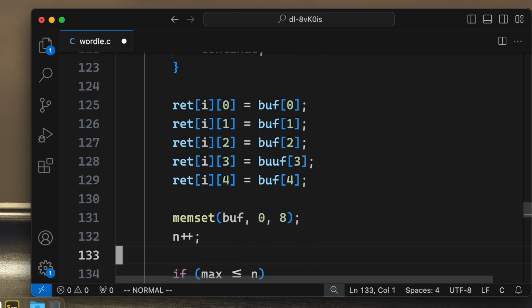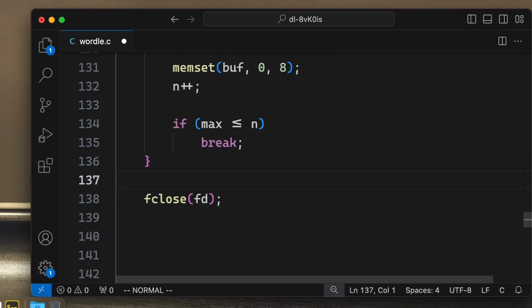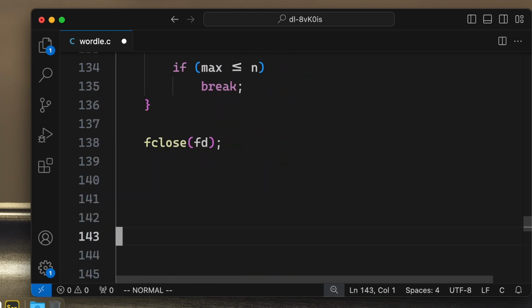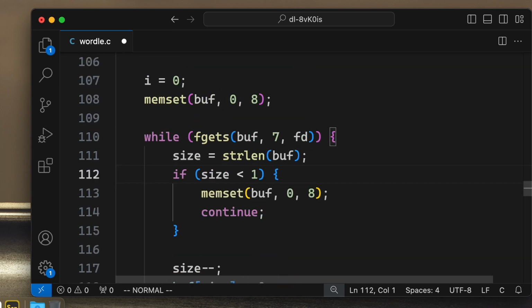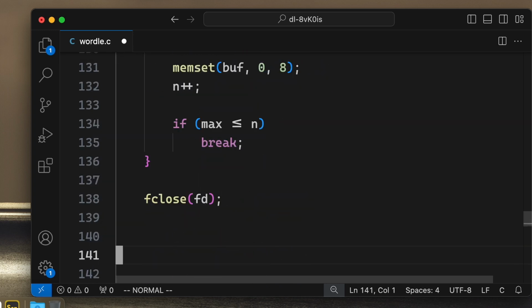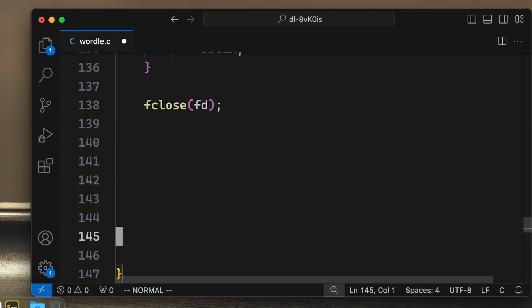Continue. And then, no. Oh, I lost my copy. Never mind, let's write this from scratch. It's a little bit different anyway. So we fclose, we set words equal to